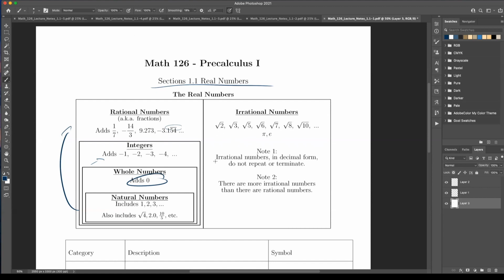Irrational numbers are things where the decimal form does not terminate, right? So all of these, pi doesn't terminate, e doesn't terminate. We'll deal more with e later. Pi is defined to be the circumference of a circle. That's how it is defined. And you can watch these fun YouTube videos. They print out like a mile worth of pi digits and all this other stuff.